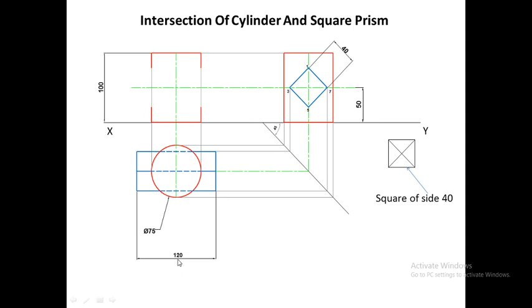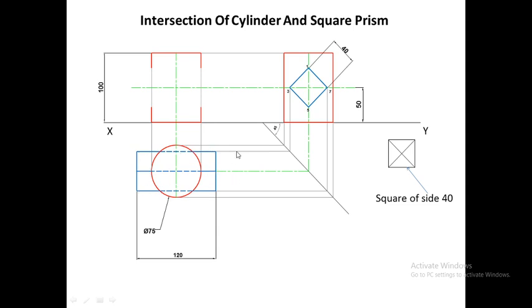of length 120 mm. Now you can see that from the top view you can observe two faces of the square prism, that is face 1 to 3 and face 1 to 7. These two lines represent two faces. 1 to 3 will represent one rectangular face and 1 to 7 will represent the second rectangular face. So in the top view we have got two rectangles. First rectangle is this and the second rectangle is this.